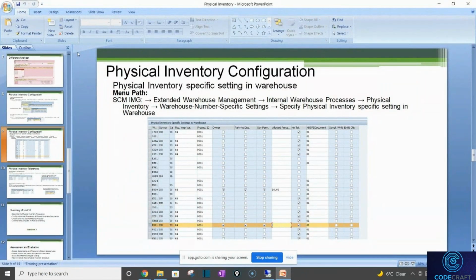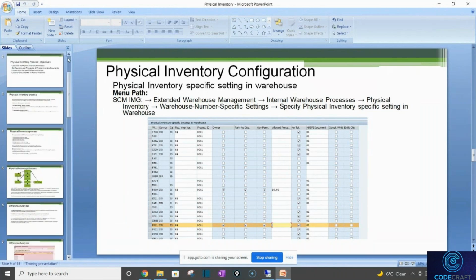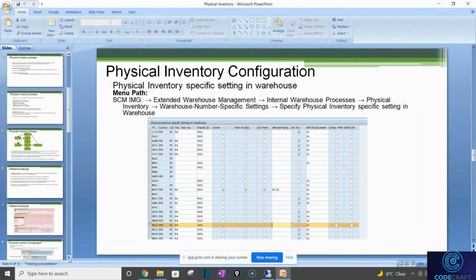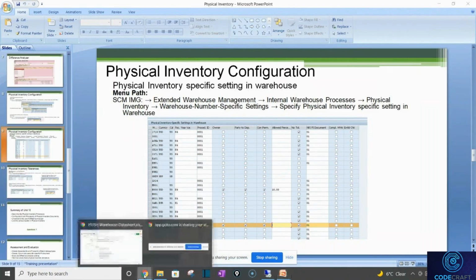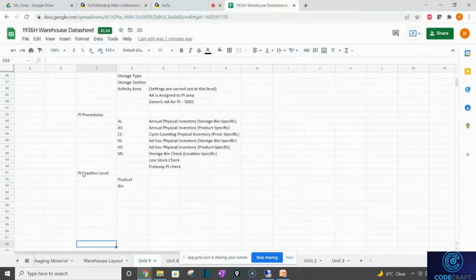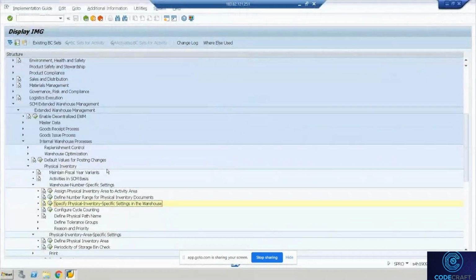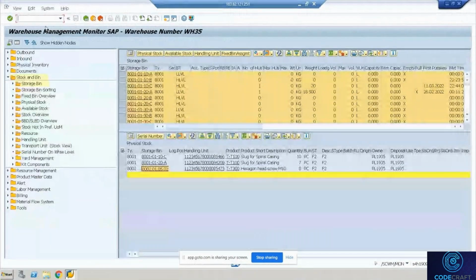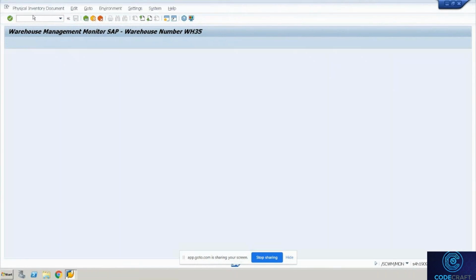So we are now going towards discussion on the procedures. Okay, do I have the procedures here? Okay, it's not there. Let me explain it. So for now, PI creation level, I'll just show you. I created a document referring to a bin. You can create a document referring to a product as well. For that, you need to say